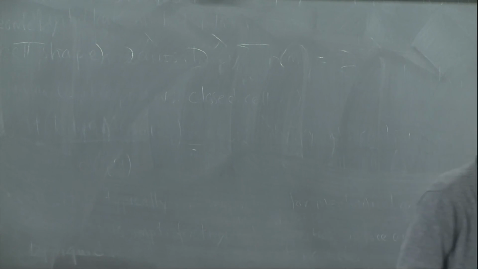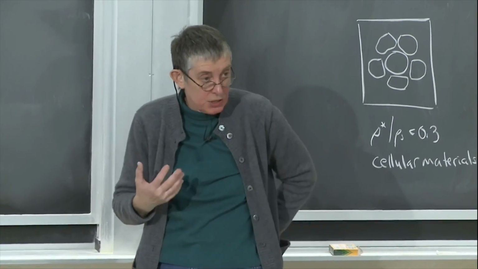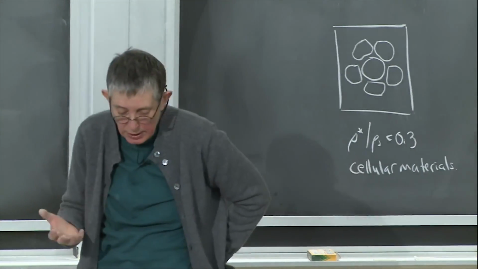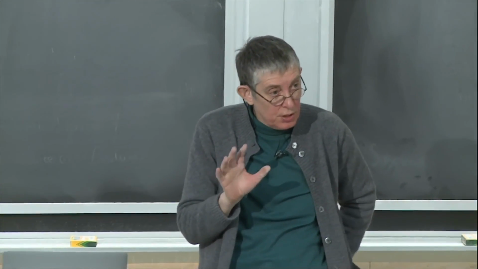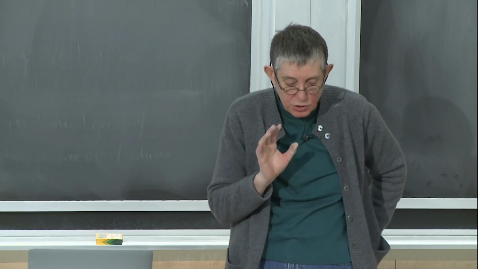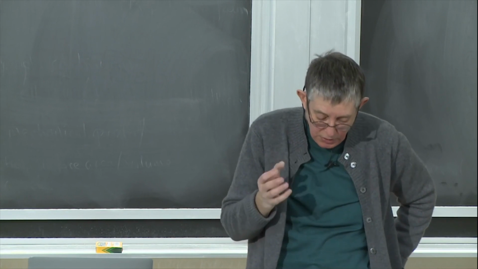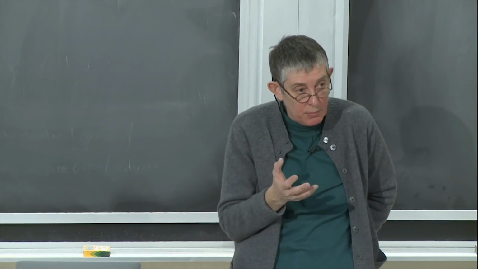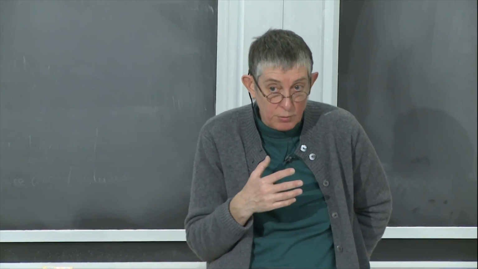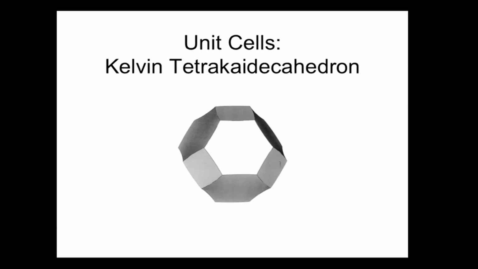So when they make foams, as we just talked about, one way to make a foam is by blowing a gas into a liquid. And if you blow a gas into a liquid, then the surface tension is going to have an effect on the cell geometry and on the shape of the cells. And if the surface tension is isotropic, if it's the same in all directions, then the structure that you get is one that minimizes the surface area per unit volume. And so people were interested in what sort of cell shape minimizes the surface area per unit volume. And Lord Kelvin in the 1800s was the person who worked this out.